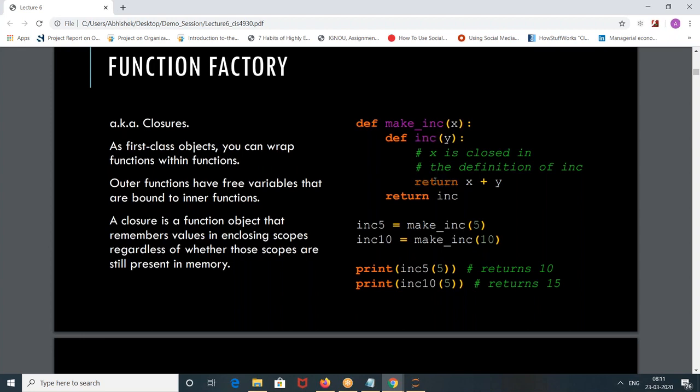When we are returning some value over here, we are returning x plus y. Inside ink we are returning x plus y. Inside making we are returning ink. Understood, or any questions?